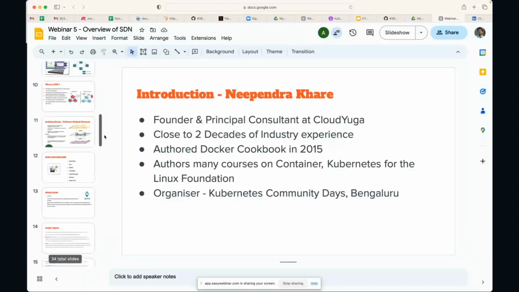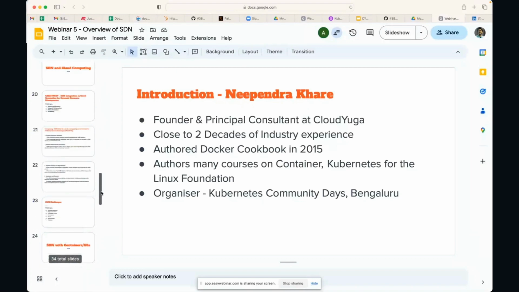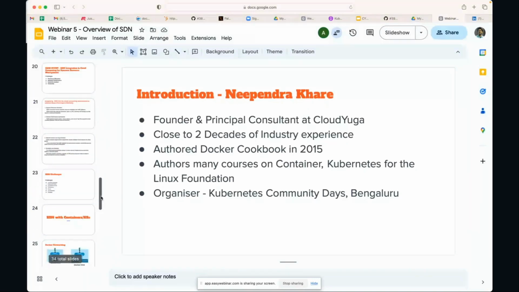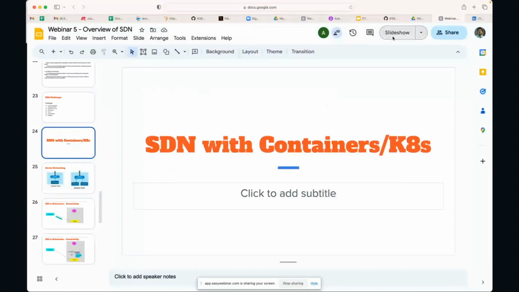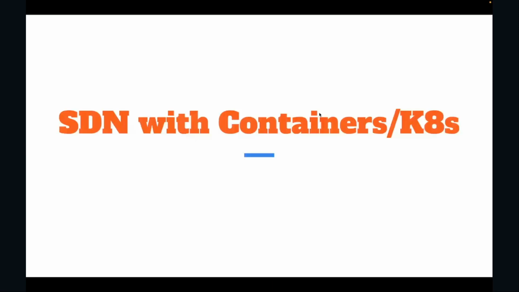Yeah. So with that, I just want to take a few minutes to have you understand how containers, SDN, and all these things connect together. As we understood right now, with SDN we have typically two parts. One is, of course, the flow: how the packets can be programmed to travel to a different destination.